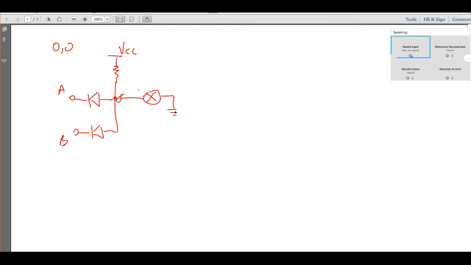The other side is fixed all the time at 0. So here it depends on what? It depends on the inputs here, A and B. For 0, 0,